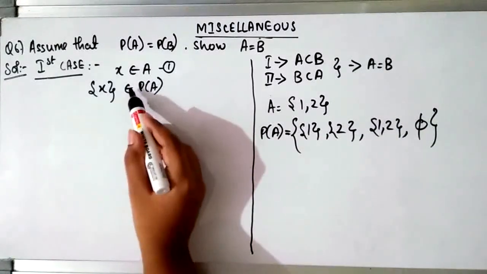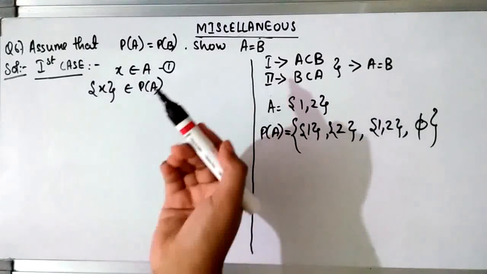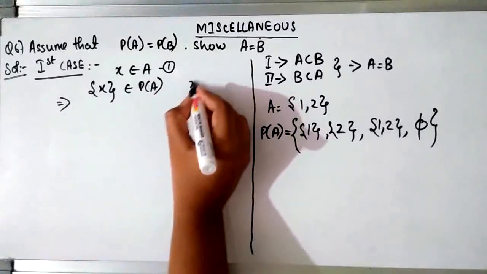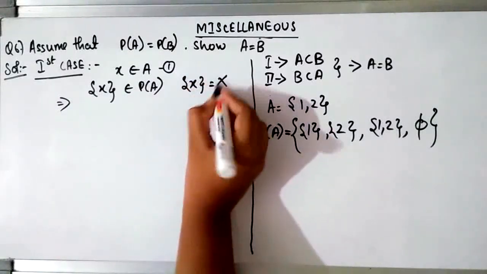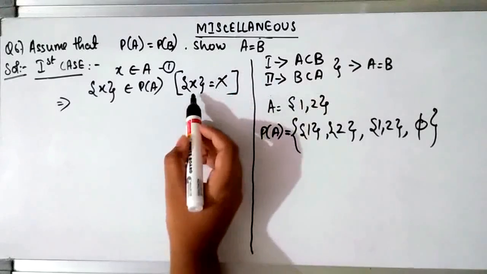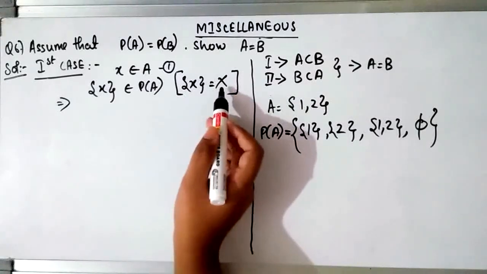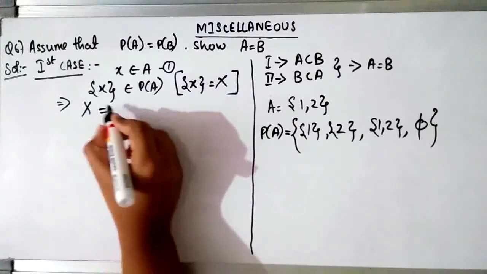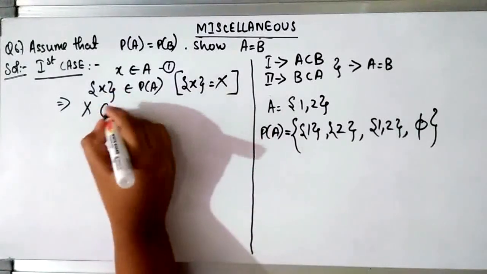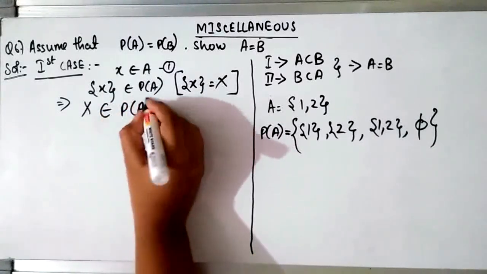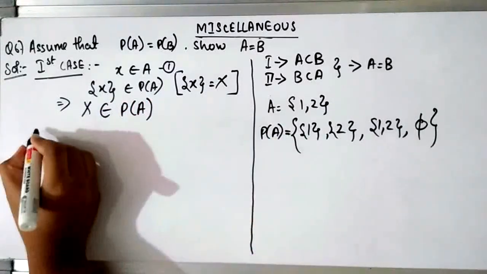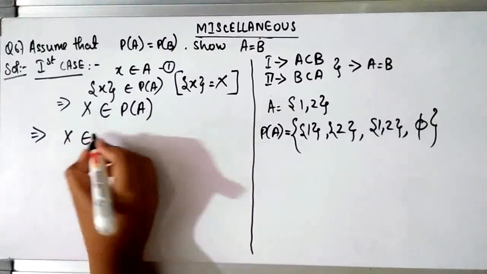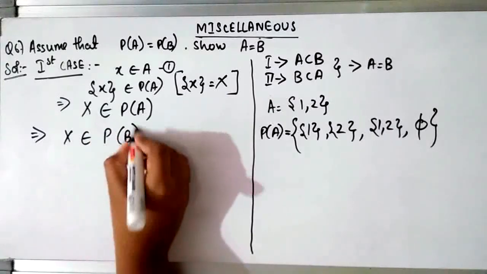But whenever we write this belongs to sign, this set sign does not look very correct to write before that. So instead of writing this, we will assume that this is equal to capital X. We will assume the set of small x to be nothing but we will denote it by capital X. Okay, so we can say that capital X belongs to power of set A. Okay. Now when capital X belongs to power of set A, now with this we can say that this capital X even belongs to power of set B.